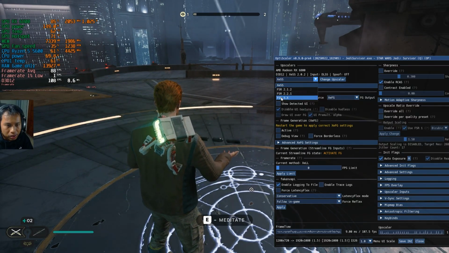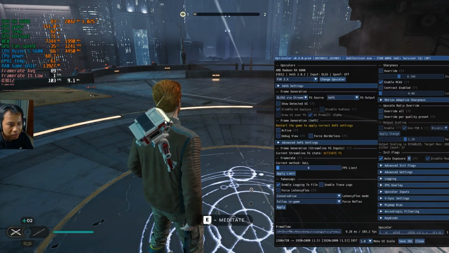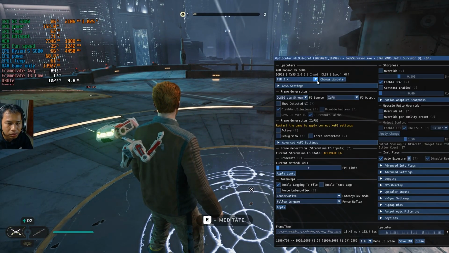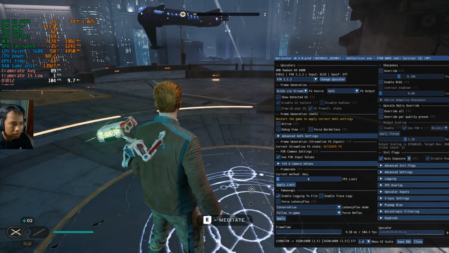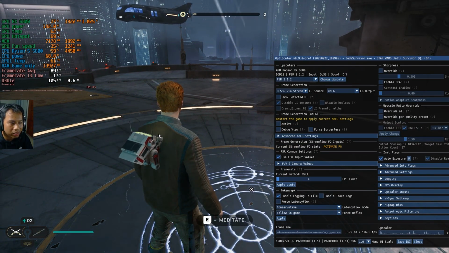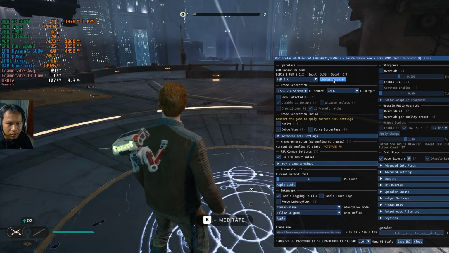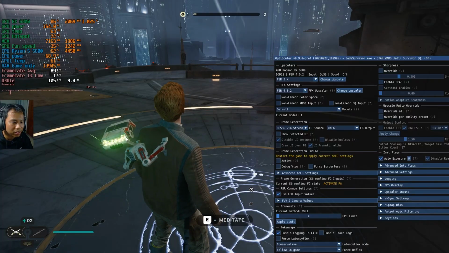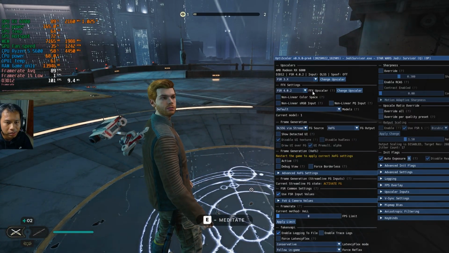And I'm going to change it to FSR 3. Please have a look at this BD. Alright, so the light is working just fine, and if I change it now, the image quality is decreased. What about the FSR 4? Alright, so it's more stable. It gives much better image quality for me.